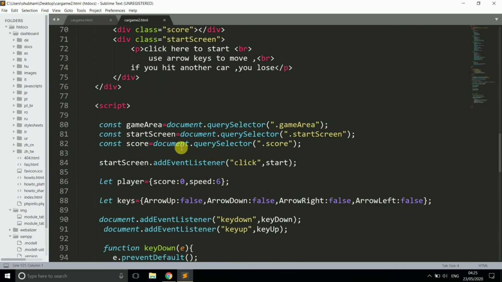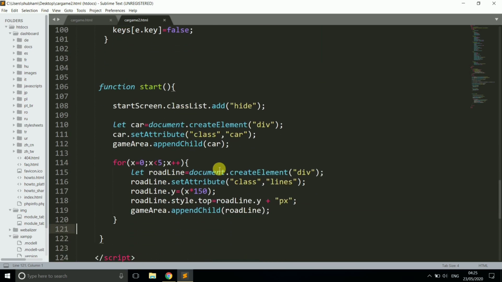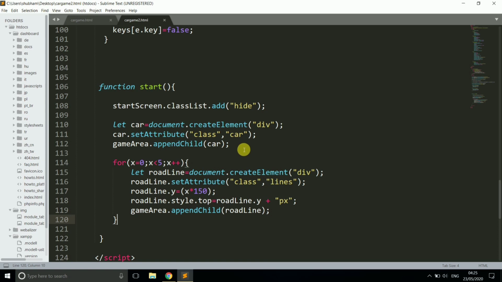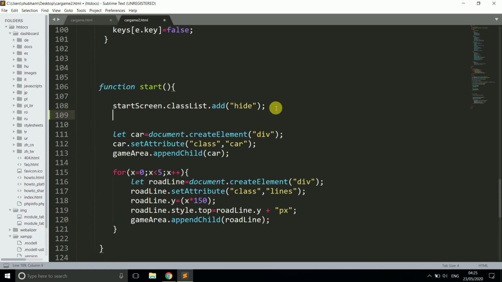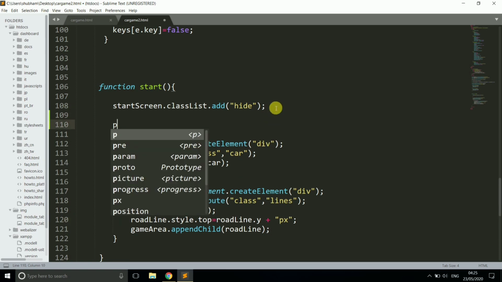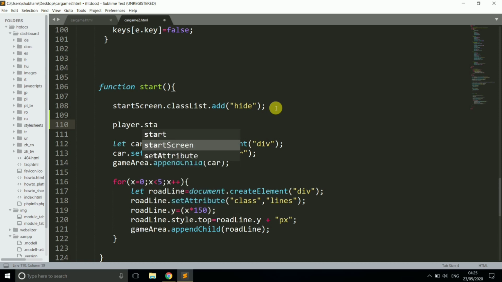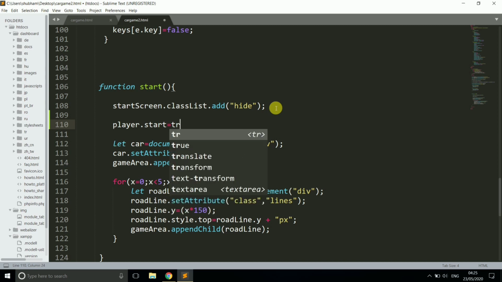Here we left our code in the first day of the series. Now what do we do to move our car and to move the lines on the road? Just write player.start = true.